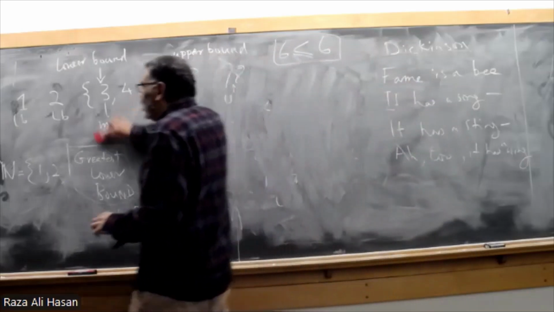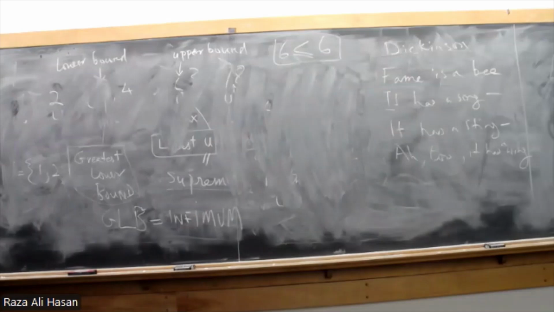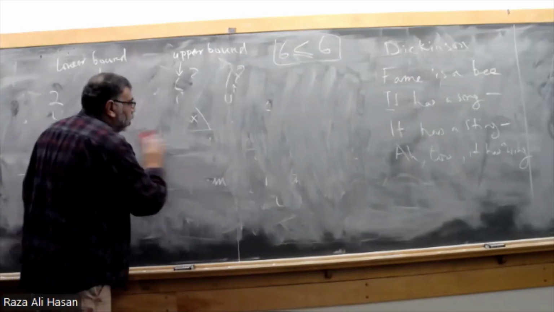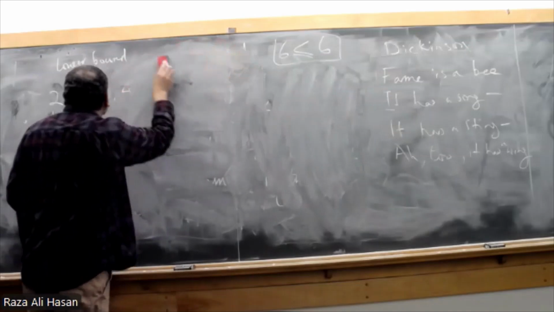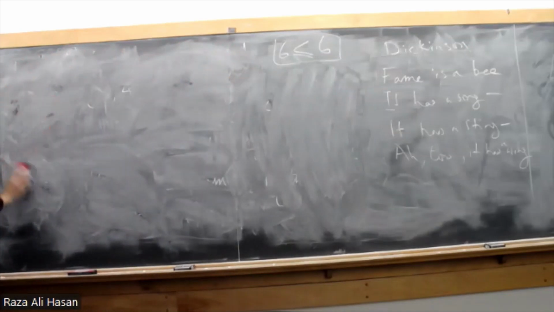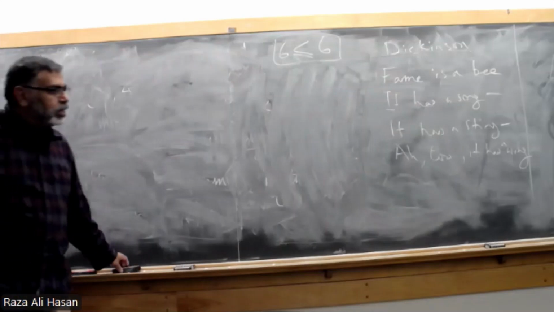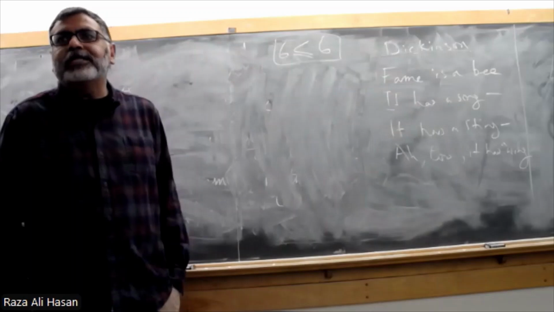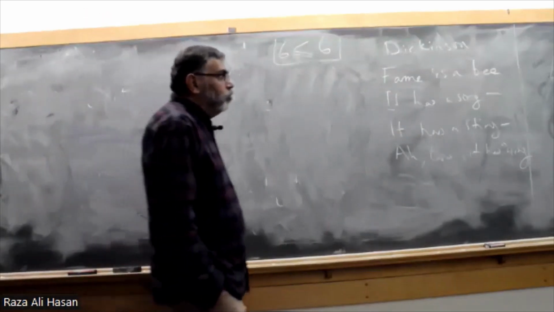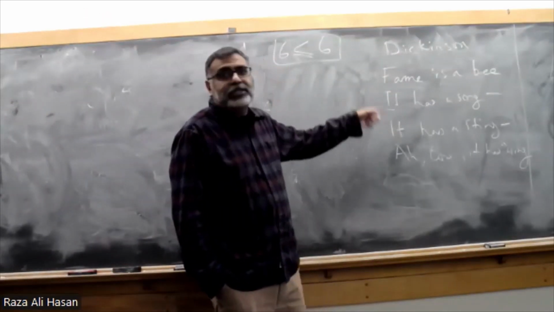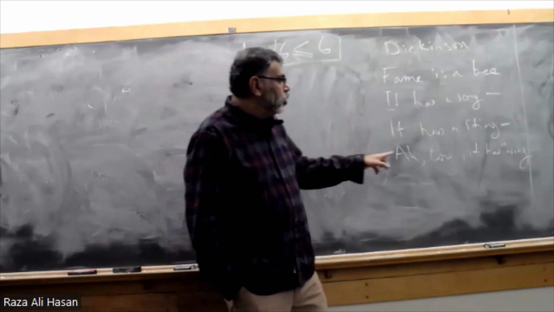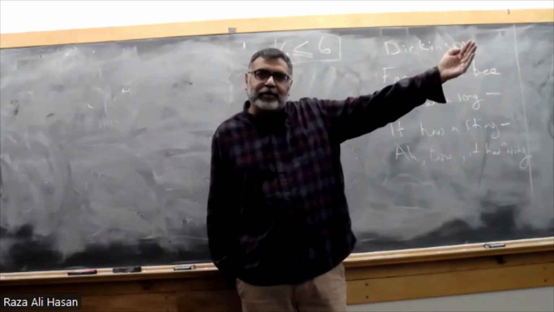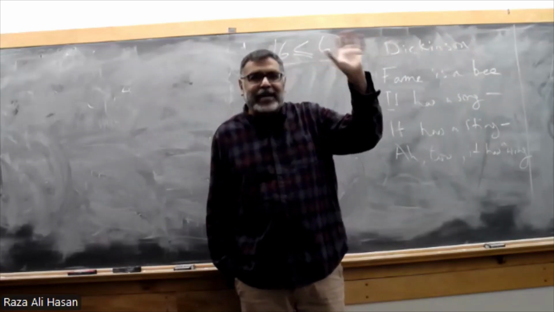So if you look at the poem on the left, which I was calling an example of a definitional poem, it resembles this. Fame is a bee. Is this poem talking about bounds? Is there a bound somewhere? Yes. Okay, very good. And so it's bounded by these 3 conditions. We could say that. Also, if it has a wing, there's an upper limit to how far fame is going to spread. So there's that kind of idea in there.